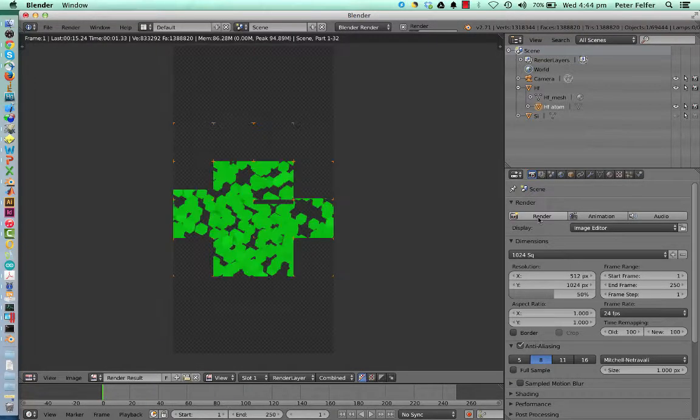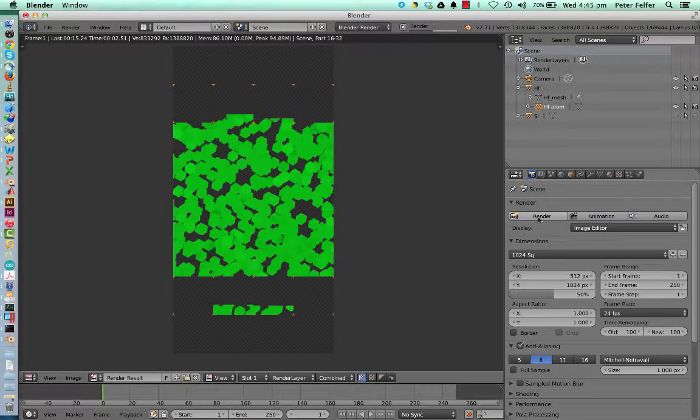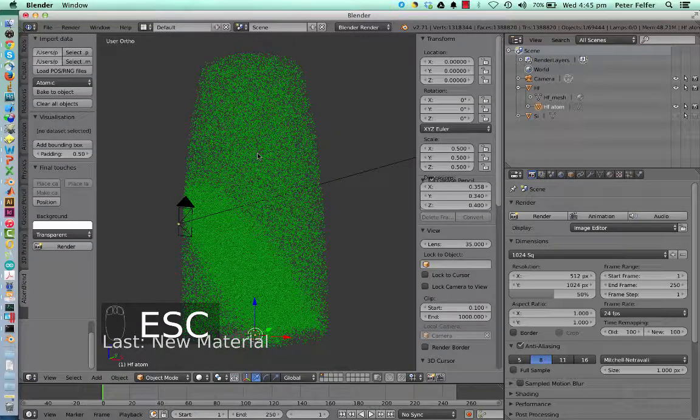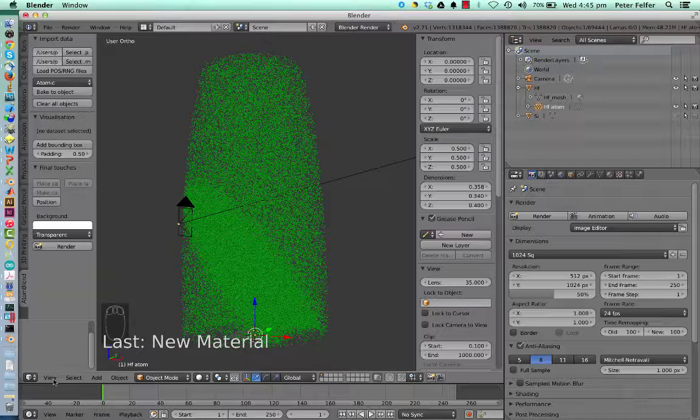Just give it another try. You can see it renders twice as fast. It's just gotten a little bit noisier. And there's not a lot of shadows happening in there just because of the way we set up the lighting. But you can get the idea that if you would play around a little bit with lighting, it would start looking pretty okay. So if I go outside and go into